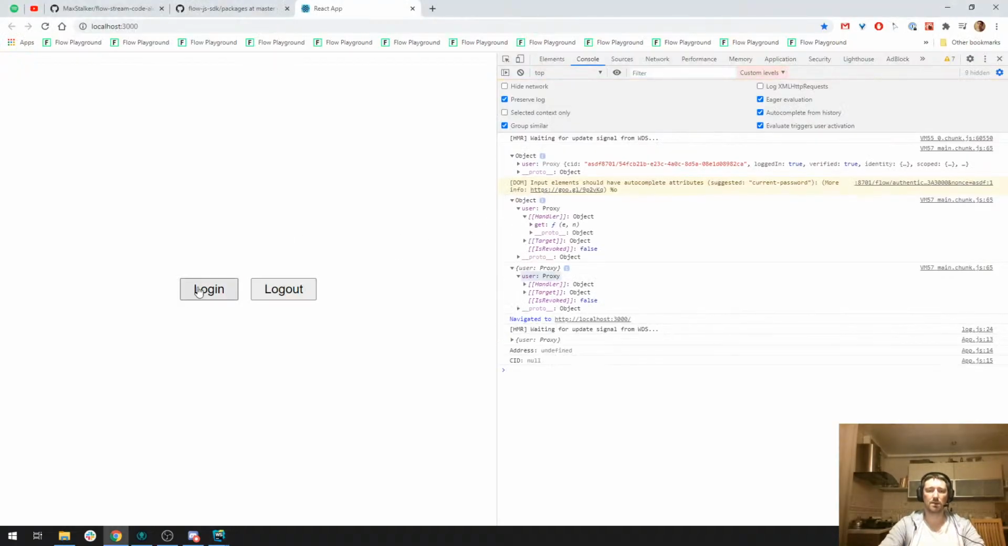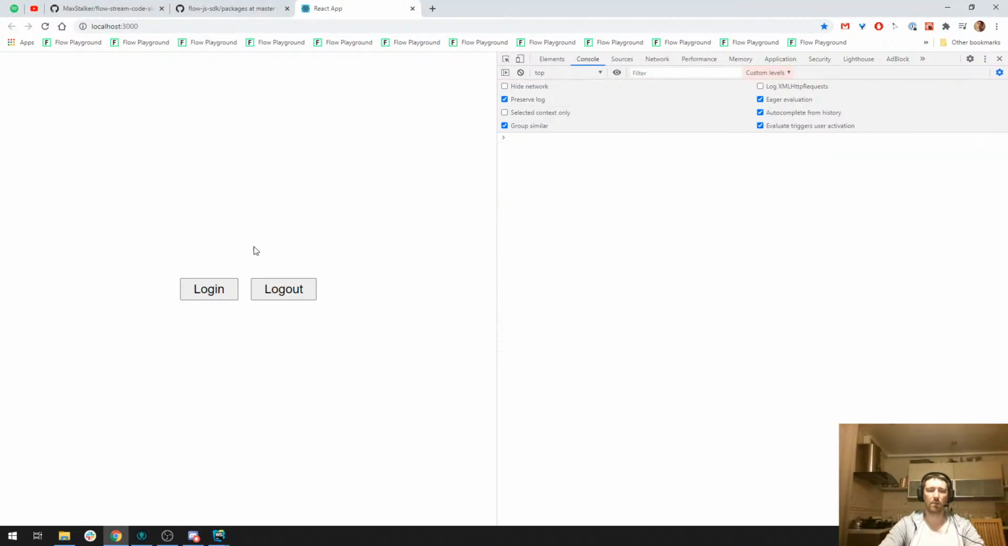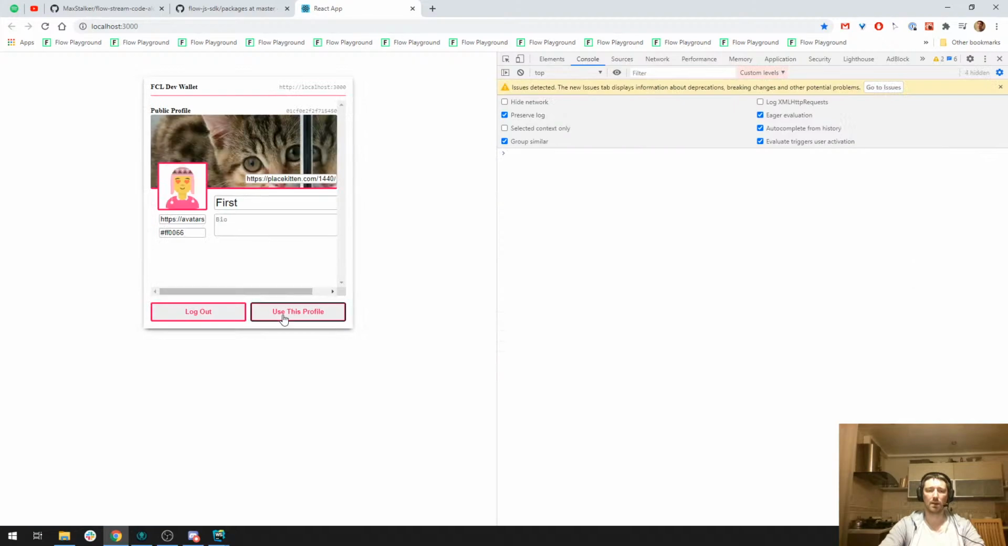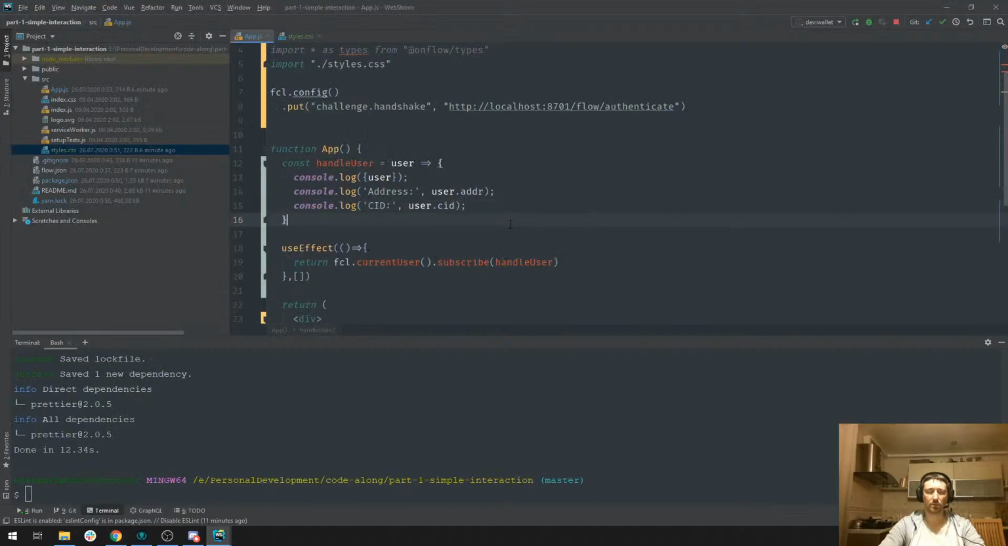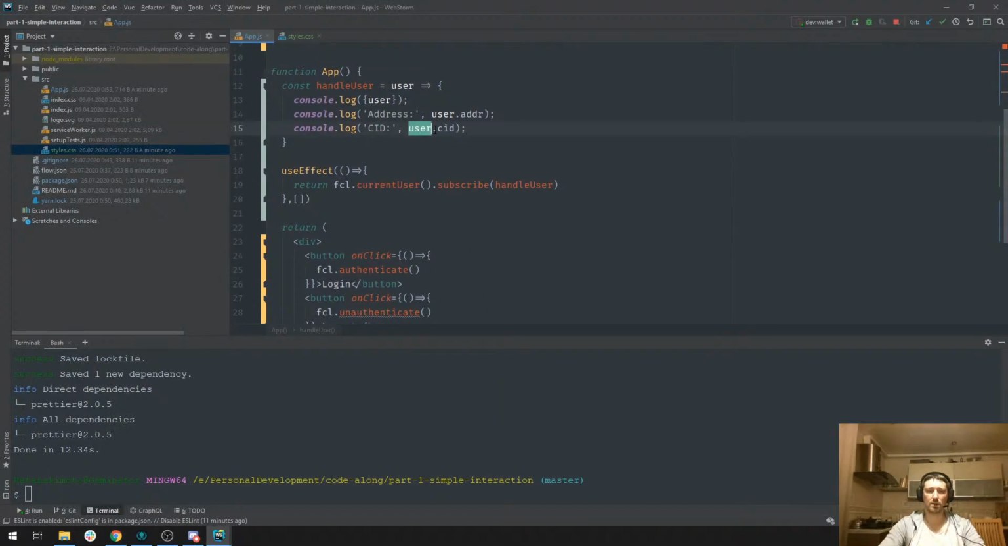Okay, let's try again. Let's clear it out. Let's log in. Use this profile, and we can see this address and this CID. And if we log out, the address is still populated, but CID is not. So let's use actually this